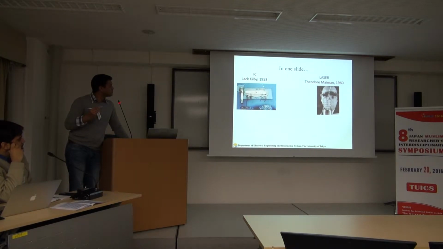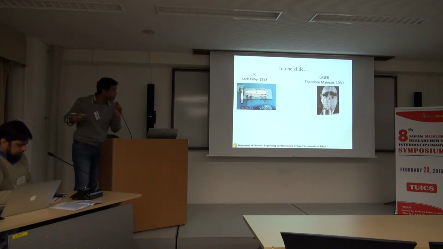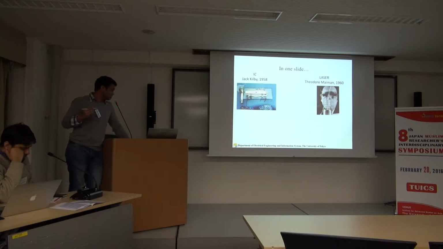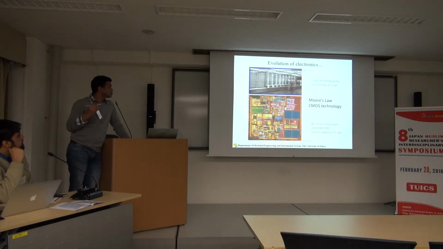So basically, in 1958, Jack Kilby made the first integrated circuit. Okay, so this was for electronics. In a very similar time, like just in 2 years, we have the laser with us. So basically, if you quantize electrical energy, you have electrons, and if you quantize photonic energy, or light energy, optical energy, we have photons. And a combination of electronics plus photonics is something known as integrated photonics. So if you see the evolution of electronics, you have come a long way from a big room to your PC circuit board.